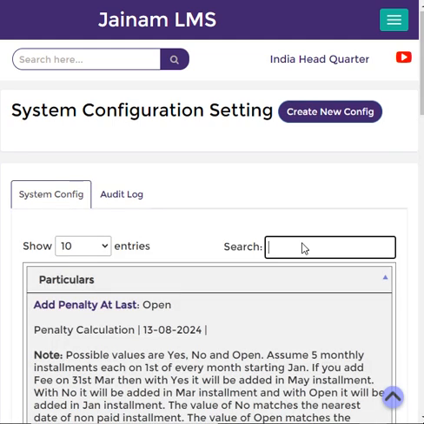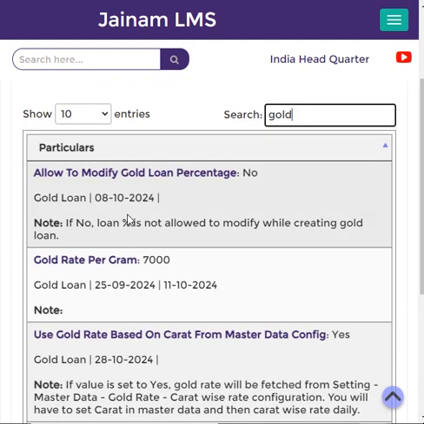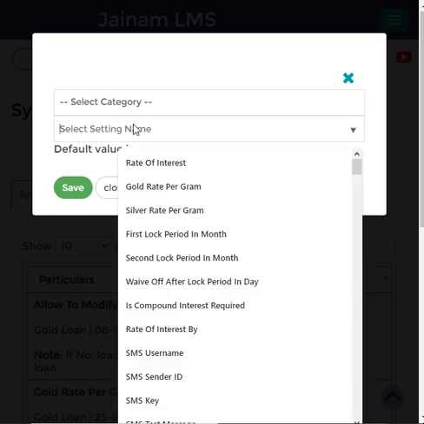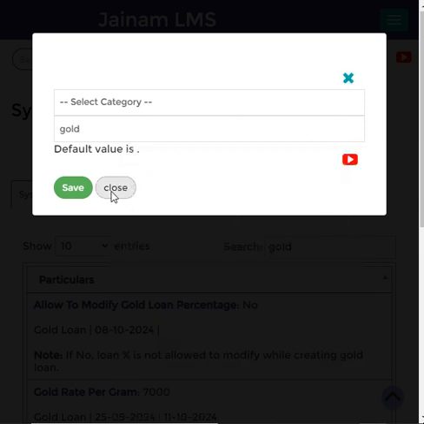In master setup setting, when I search on gold, I will get couple of settings I have configured. If you don't see these settings, you can go and click create new config and search on gold. For example, you can type here gold so that you will get few settings there. Now,